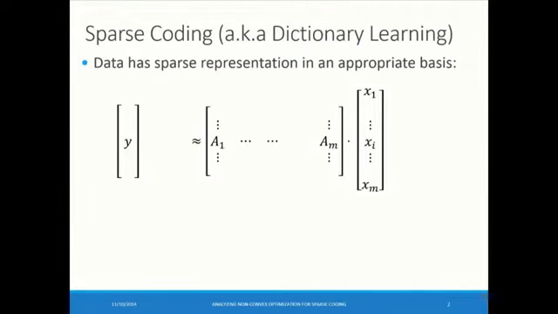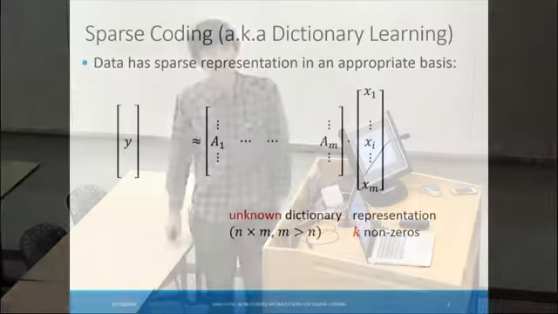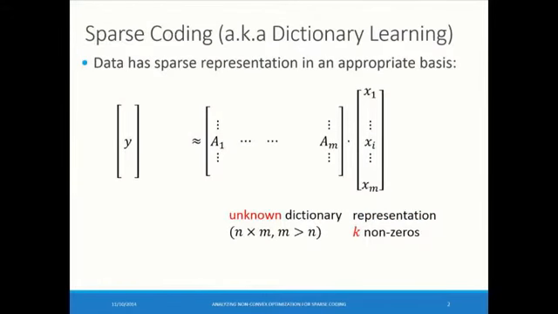If you choose an appropriate matrix A, where A sub i denotes the ith column of A, and you write the data in this basis, then you get a sparse vector X. X is the representation, and by sparse I mean that there are at most, say, k non-zero entries